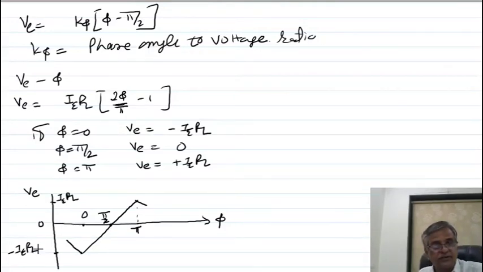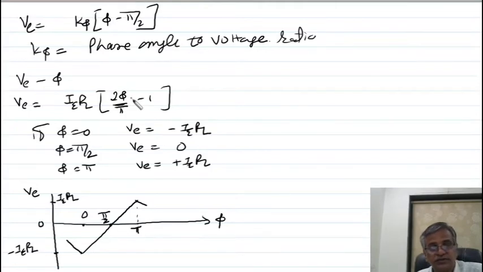So there is a linear phase relation between the phase detector output and phi. You can see here, from 0 phase the output is negative, at pi by 2 it is 0, at pi it is positive: a linear phase relation. In a balanced modulator circuit, both the problems of the switch type analog phase detector circuit are overcome. This equation shows that there is a linear relation between the output and phase angle phi, and the output does not depend upon the strength of the input signal.